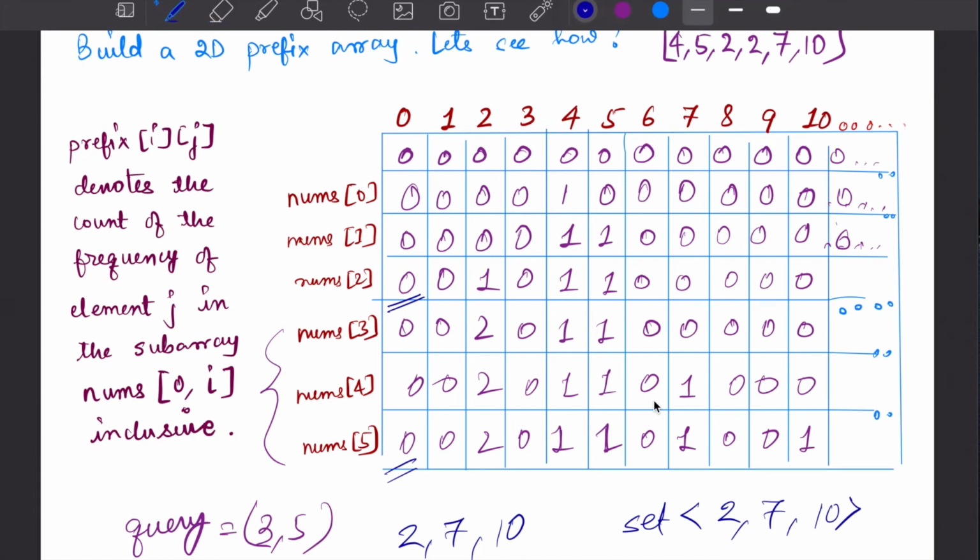Note that since these elements are sorted, because I always insert them one by one, like first this 2, then next this one, so this is an increasing range. So I always have this as an increasing range. So the minimum value will always be the subtraction of the two corresponding values. Like 7 minus 2 is 5 and 10 minus 7 is 3. So the best answer is 3 that we can have here.